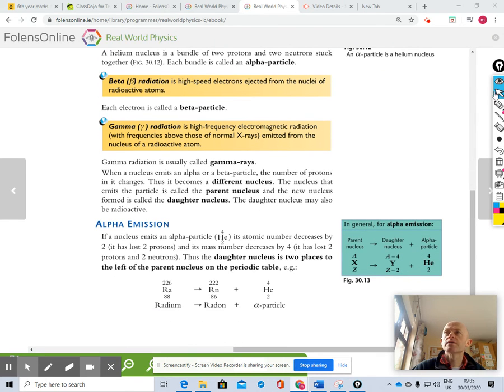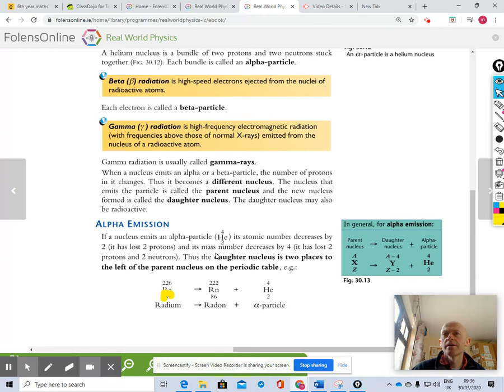Now, down here what you're going to be doing basically is these nuclear equations. They should make mathematical sense. So, for example, this radium nuclear atom here has an atomic number of 88,